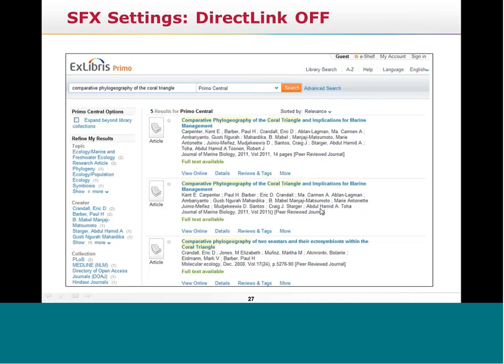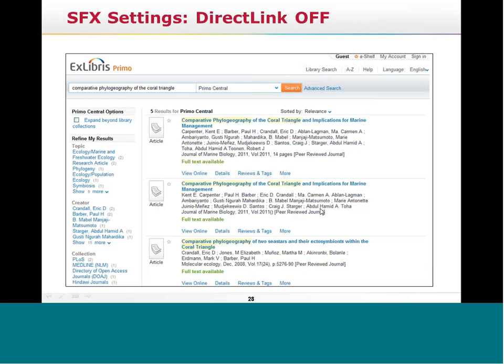If you've purchased Primo, when you configure the display for the SFX menu, remember that your users may be seeing the SFX menu embedded in Primo's search results, just like what we saw. It's also possible to control when the menu itself is displayed using what we call direct link. Now, direct link can be turned on and it can be turned off. With direct link off, the user will always see the SFX menu as an intermediate step between the source and